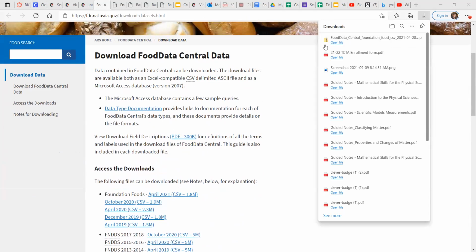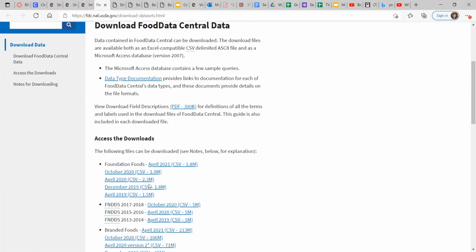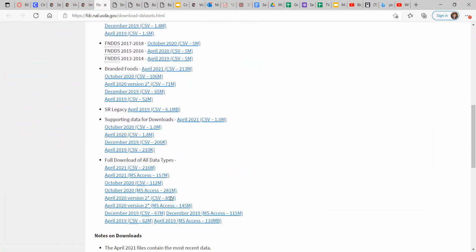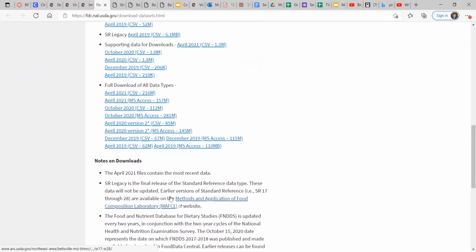Sample food. Actually, I'm not going to open that. So for this one,